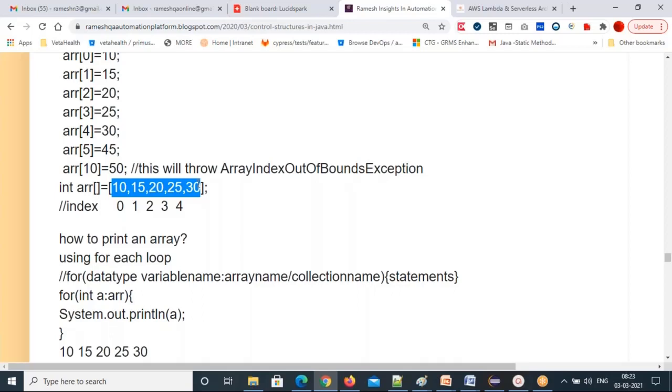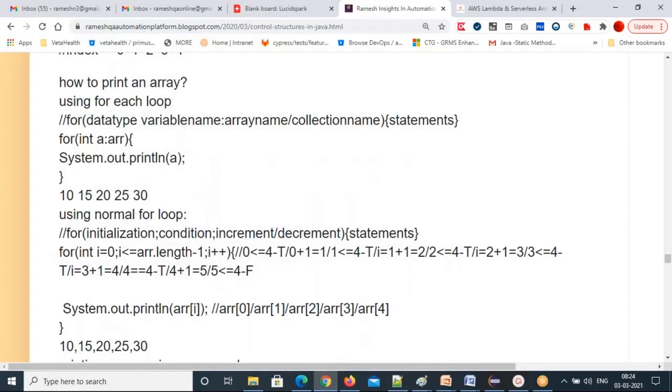Any questions? Ramesh, is there any size limit for an array? If we take characters A to Z, it's 26, right? 26 times we have to execute like this. There is no size limit. You can give whatever size you want. But you have to declare the size initially. While declaring the array itself, you have to tell what the size is. That's a static array. This array is a static data structure.